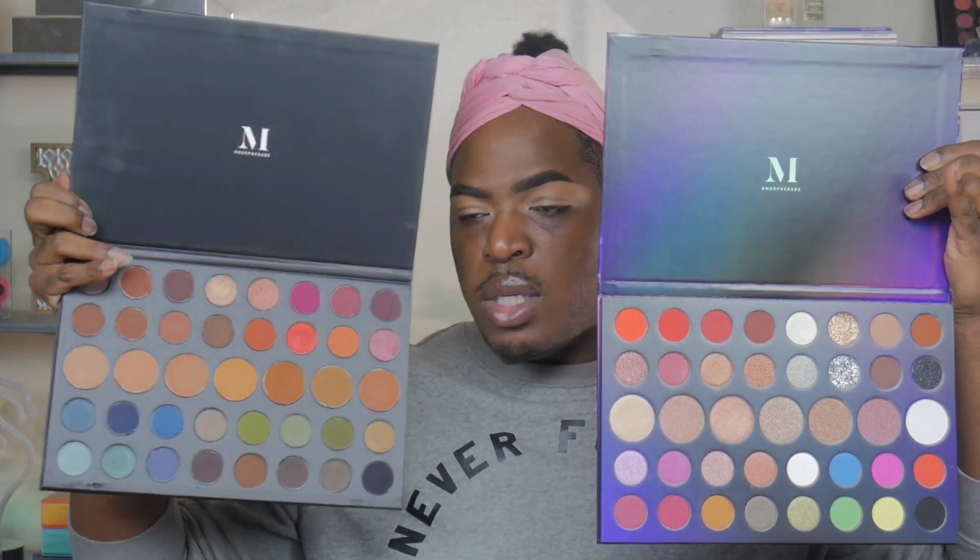But the middle row is all mattes, and these are all transition colors that you will definitely use on an everyday basis. There are not that many transition shades in this palette. There's probably three browns, a dark brick color, and the rest of this is a whole bunch of pop of colors, whereas